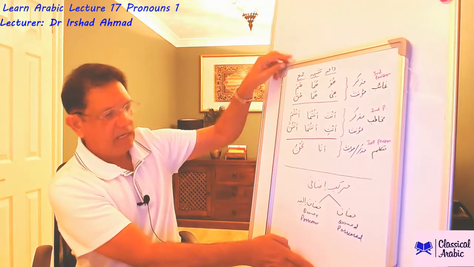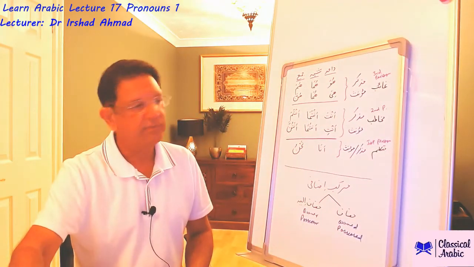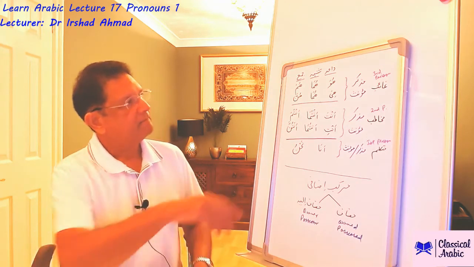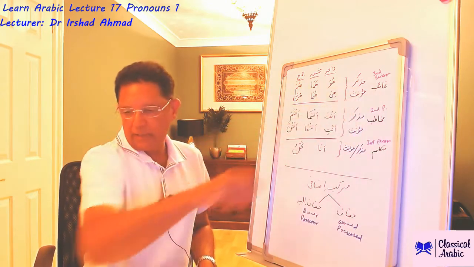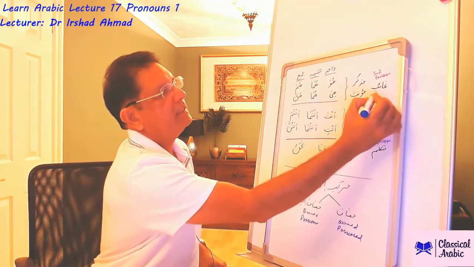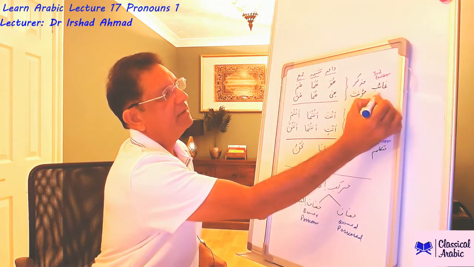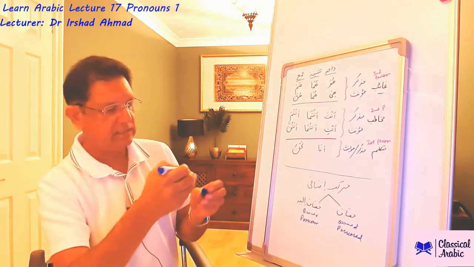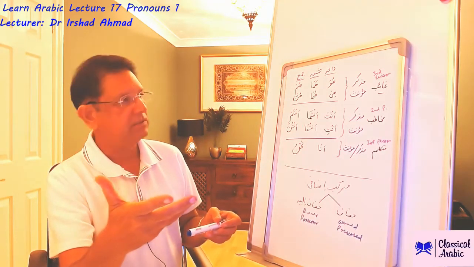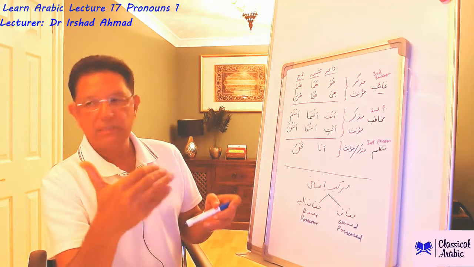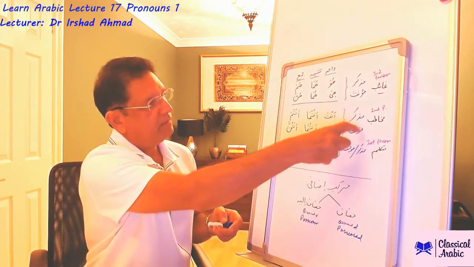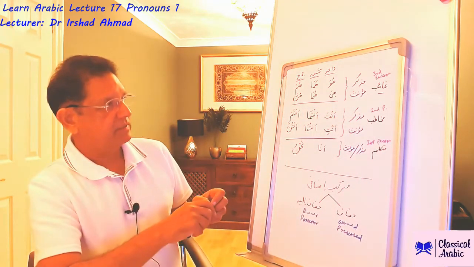So as I said, in Arabic we start from third person, and third person in Arabic is called a ghaib. Ghaib basically means absent, but absent doesn't have to be totally absent from the place where the conversation is taking place. Ghaib basically means absent from conversation. So ghaib is not part of conversation, while the mukhatab, which is second person, is part of the conversation.